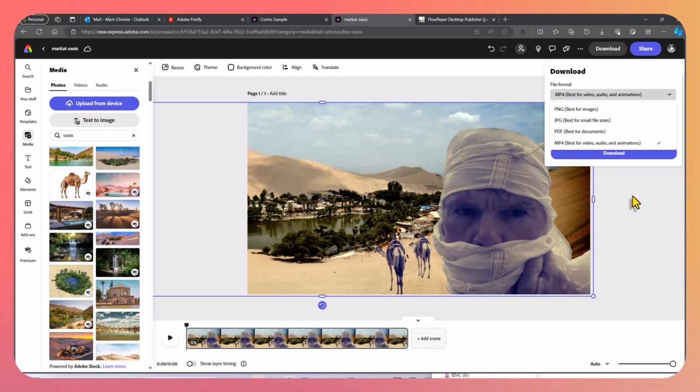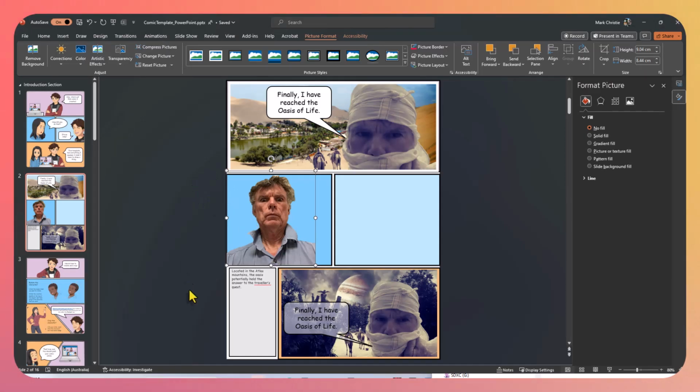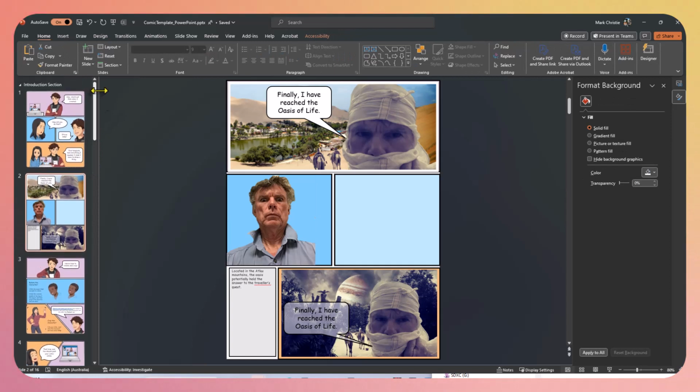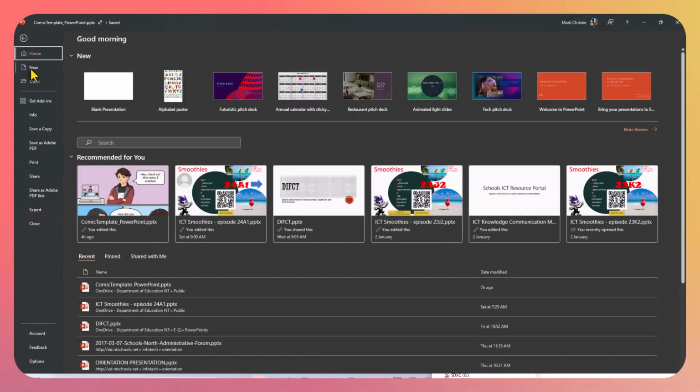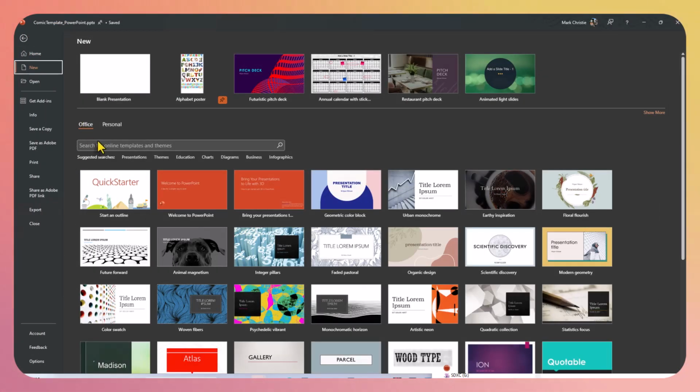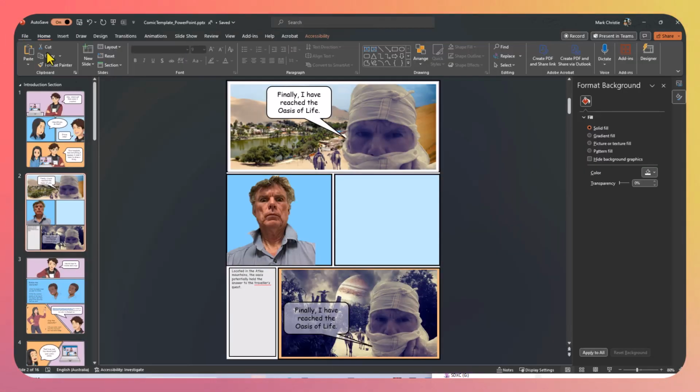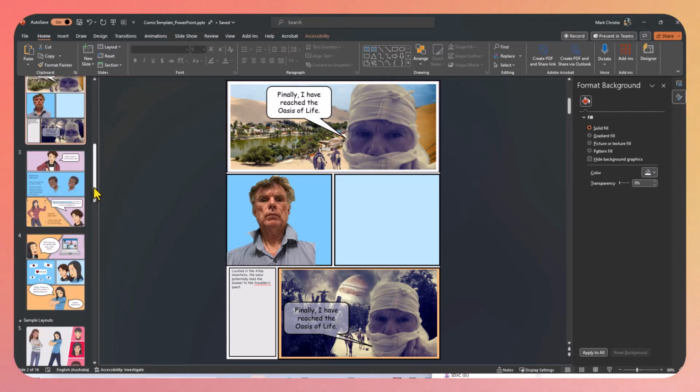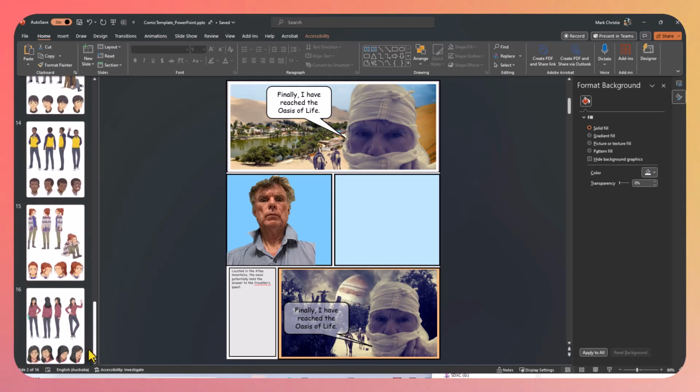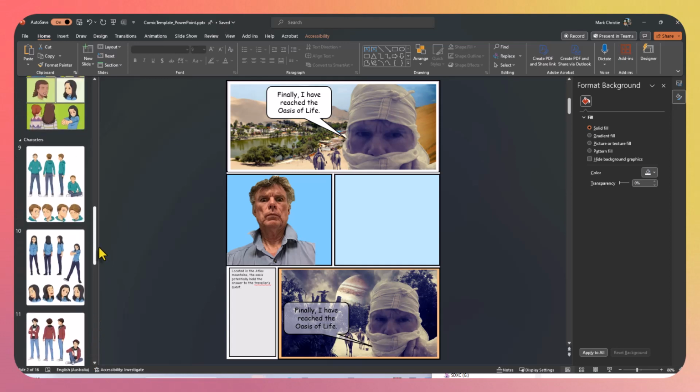So the tools that we can use to create comics, at its simplest level, we've got PowerPoint. So in our PowerPoint template, this template is available for you to download, the links in the blog post, but you can also go to File, New, and Office, search for online templates, type in comic, and it will pop up for you to download. So this particular template has some clip art that you can